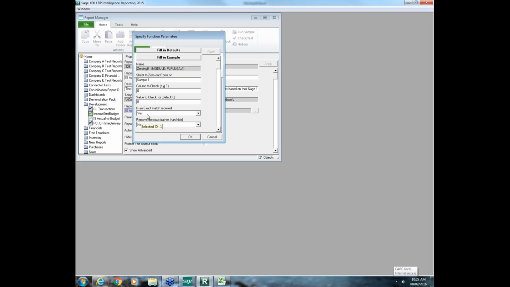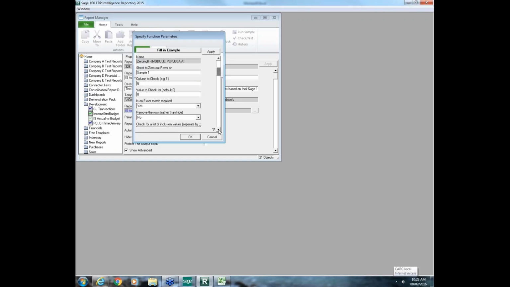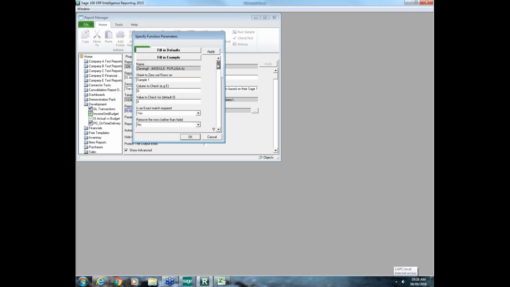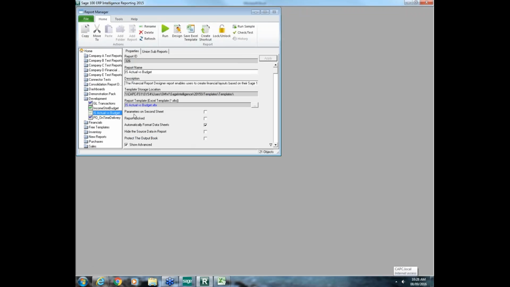Yes. Otherwise, if you had a $5,000 amount, it would say, oh, that's 0. I better hide that row. Remove the rows rather than hide? No, because you don't want to get rid of them. And then most of the rest, you just take the defaults. So the important things are the sheet, the column, make sure you have a 0, exact match yes, remove rows no. I click OK. Now when I run this again,